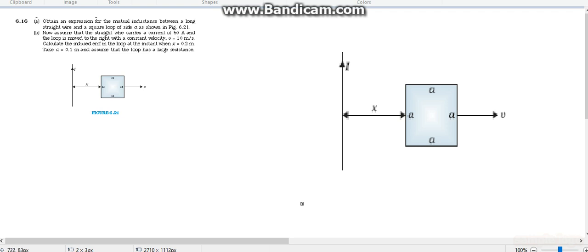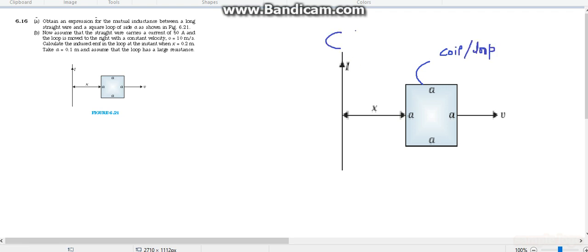We'll solve problem 16 of chapter 6. It is based on electromagnetic induction, magnetic field, mutual induction, and the EMF generated. Let us do part A first. In part A, we have to find the mutual inductance between this coil or loop